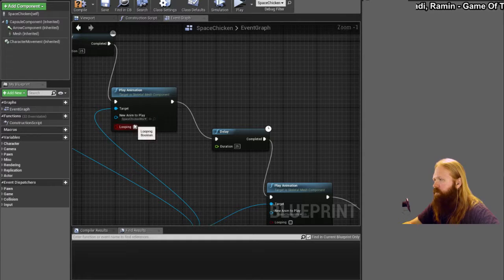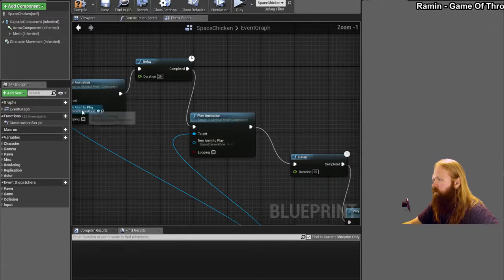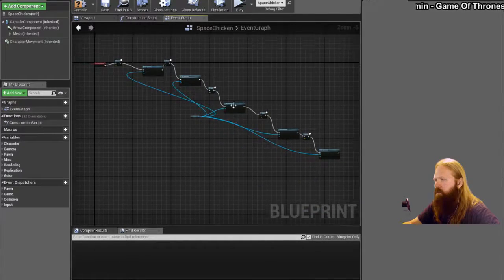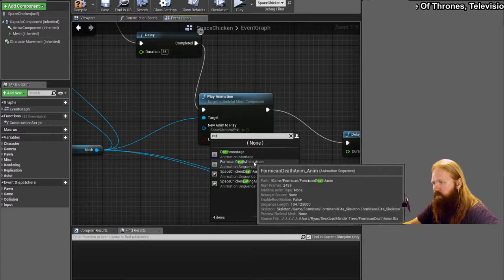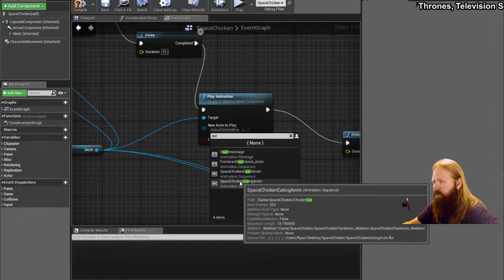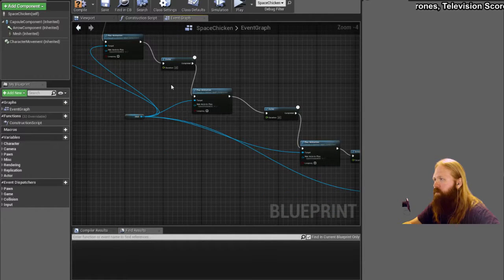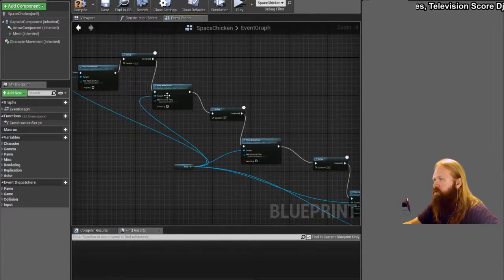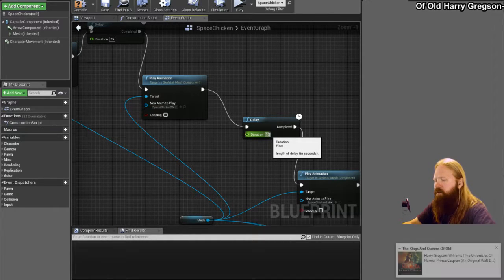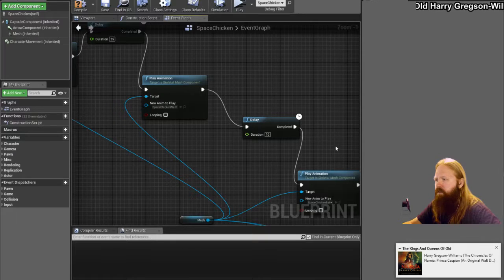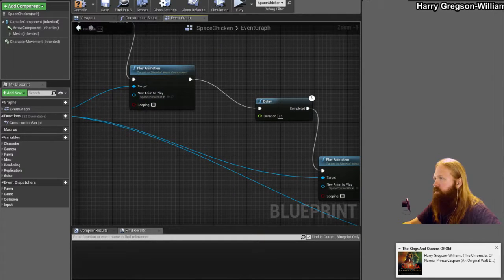Space chicken, chicken flare, chicken walk. We'll go chicken eat here. Space chicken eating animation. But however long the chicken walk is, that really doesn't matter. I could just have that go for 10 because that's a short looping. So let's go 10 there, and then. Yeah, chicken eat